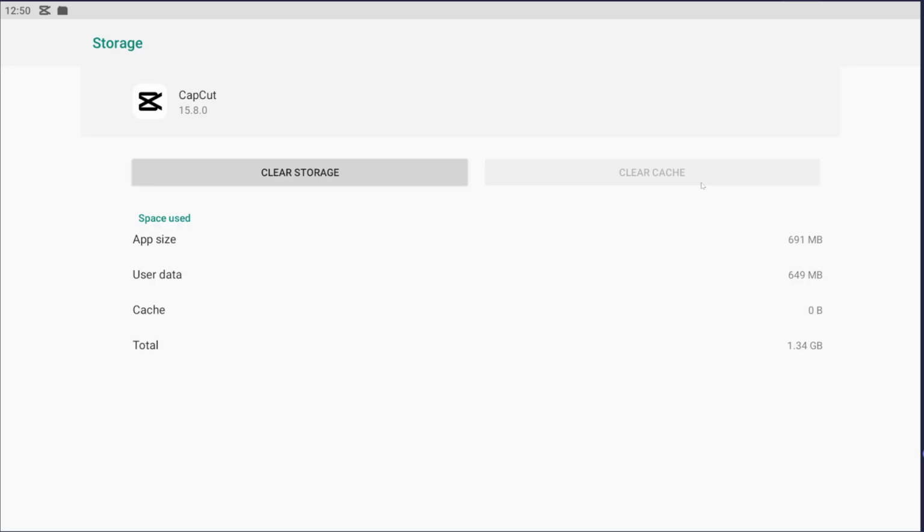Now, before you even consider clearing data, make sure you back up your CapCut videos and drafts. This is crucial. Export any important projects to your device's gallery or a cloud drive, or use CapCut's cloud backup or sync features if available on your account. The idea is to have a safe copy of your edits and source clips outside of the app so that